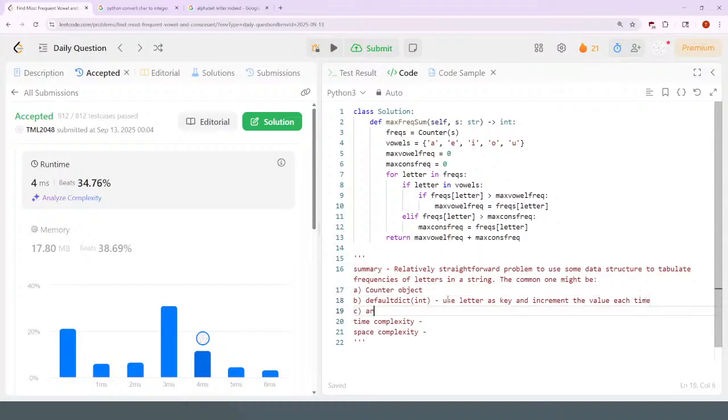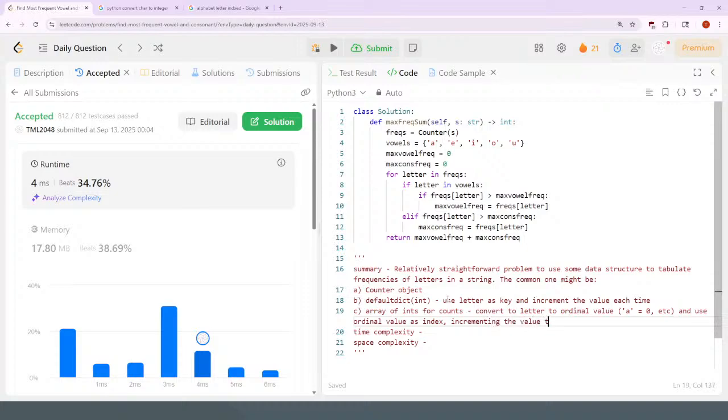And lastly, it might be an array of ints for counts, where you convert the letter to an ordinal value, where basically a equals 0, etc. And use the ordinal value as the index, incrementing